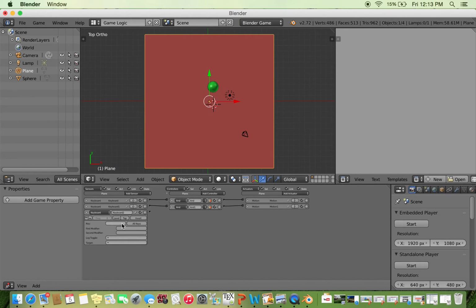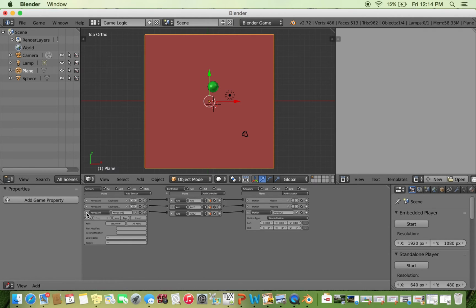Now press up arrow and add a controller and add an actuator motion again. Now I need to do, let's say, +1. Let's see what happens. And when I join this,